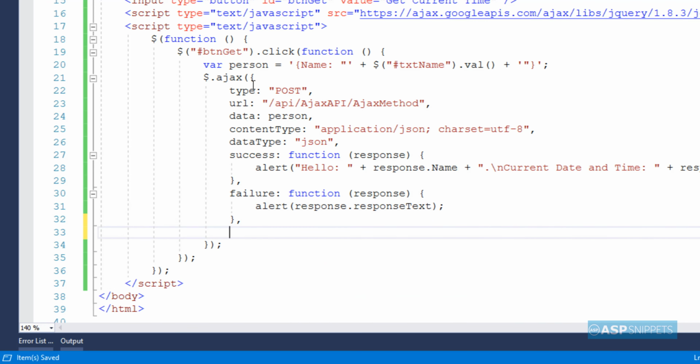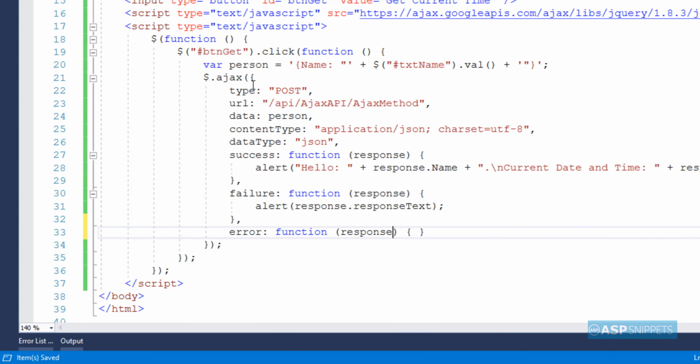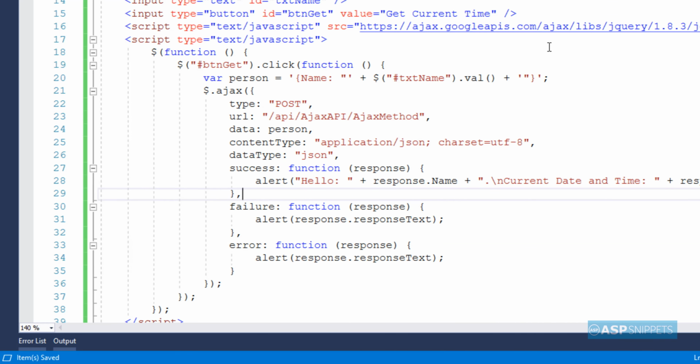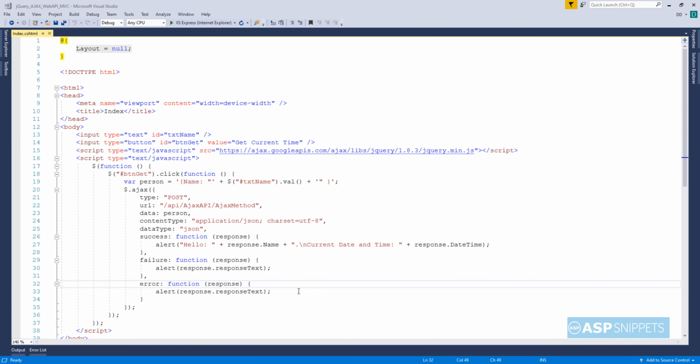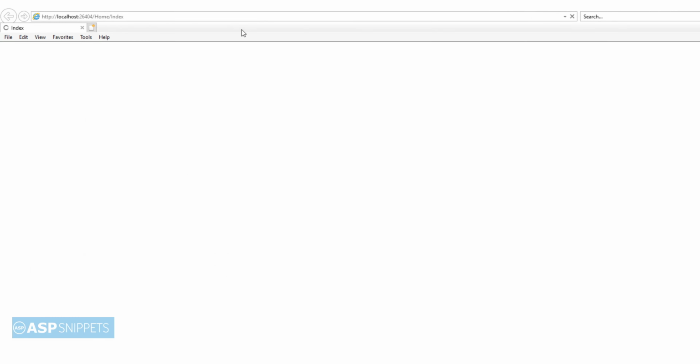So I'll just move fast forward in it. So with this we complete the jQuery part, and in turn we complete our project programming part. Now we can run the project and see it in action.